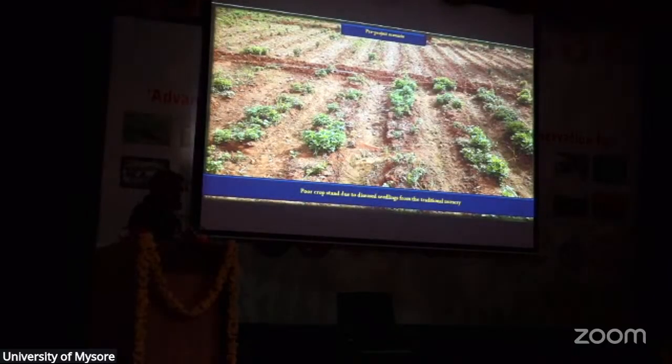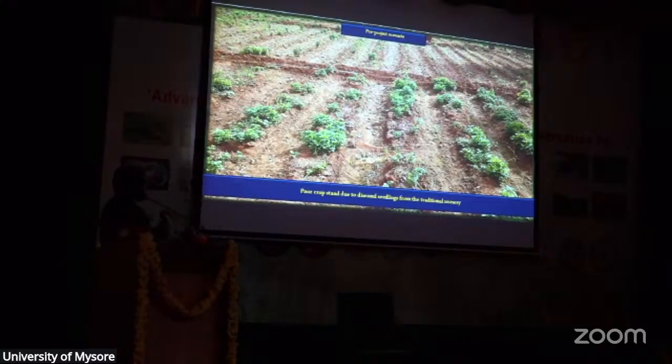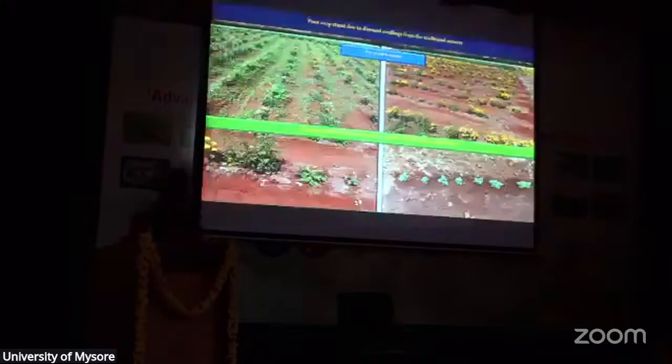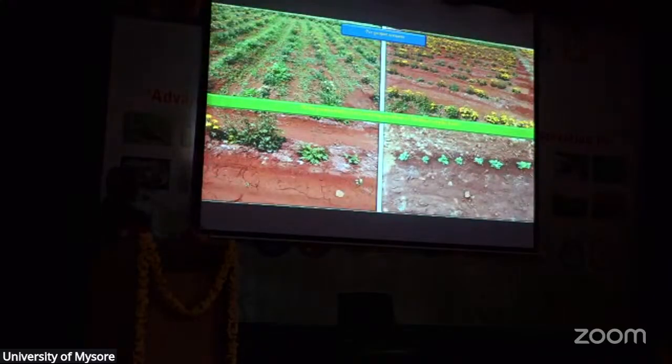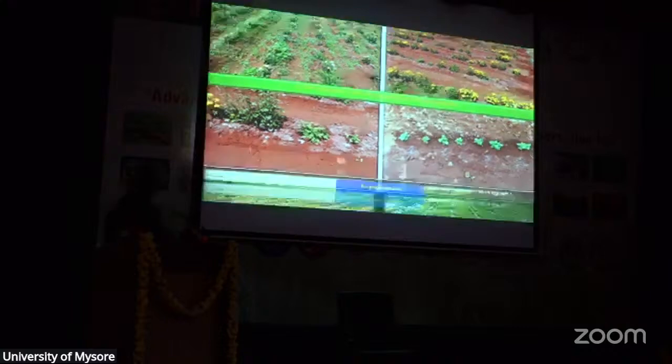They were growing only single monocrop chrysanthemum. Because of continuous cultivation, the root rots and weeds had become a serious problem there, and the crop stand was never uniform. How can they expect best results from this kind of fields? Here, see, they didn't know how to apply fertilizers and what kind of fertilizers, everything. See the yield, it is hardly anything; you can count the number of flowers per plant. Maybe hardly a maximum of 50 flowers per plant.